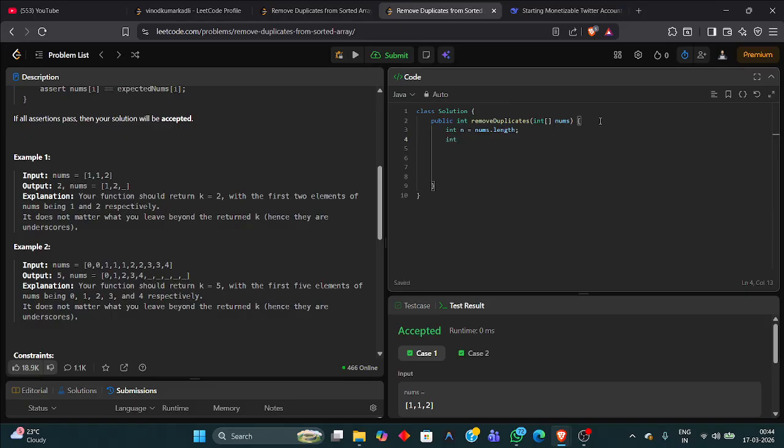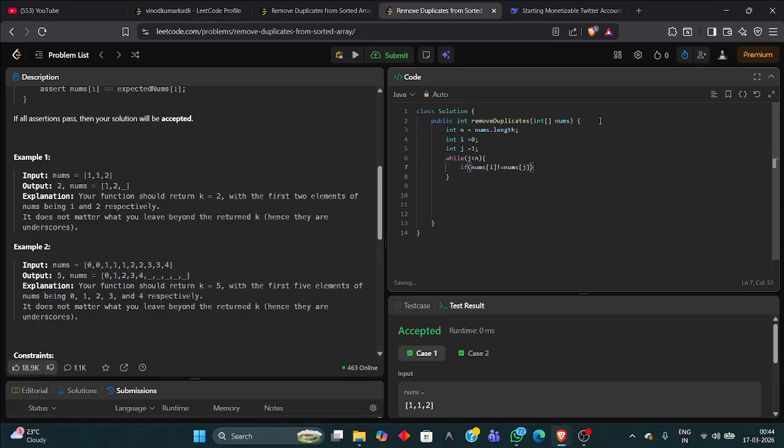We'll initialize i equal to 0 and j equal to 1. I'll explain why I have taken this. While j is less than n, we check if nums of i is not equal to nums of j.